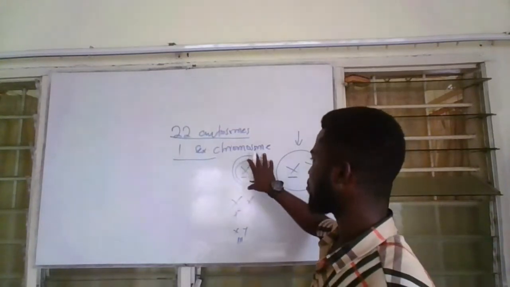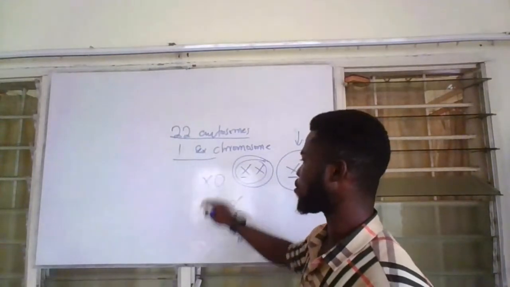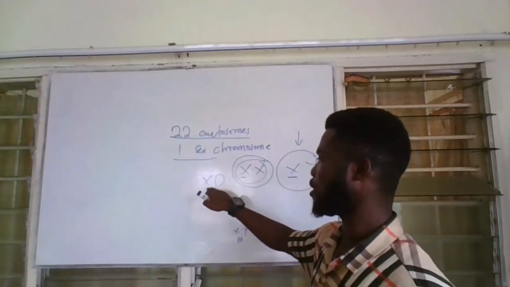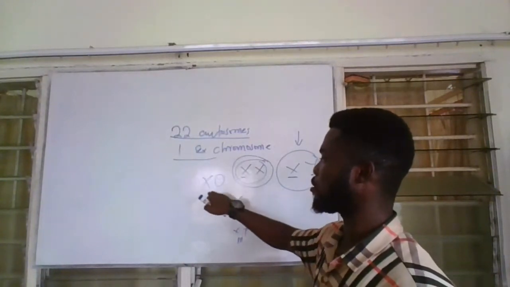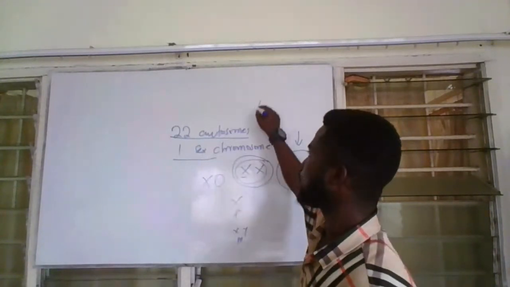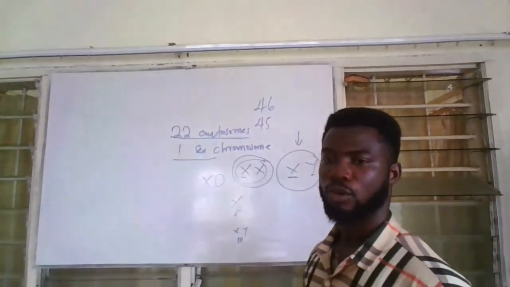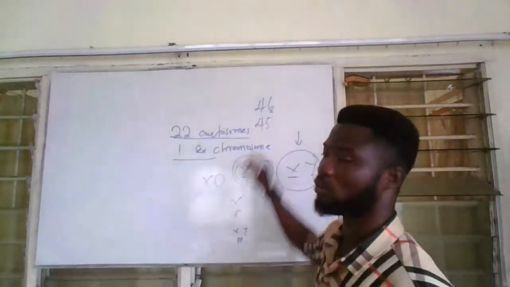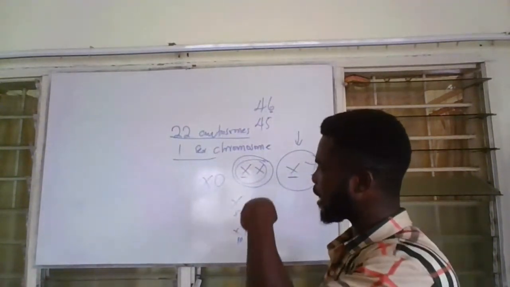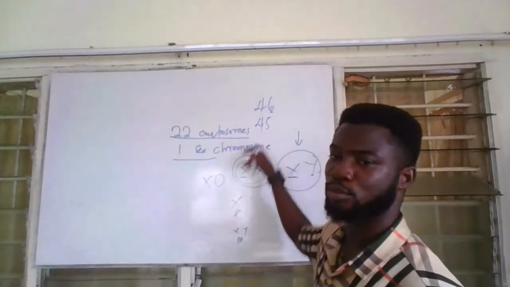If there's a disturbance in this, whereby there is no second X, so you have X and 0, then there is a problem. This person will be a female, but will have deficiencies in other things because they do not have a complete set. Instead of 46 chromosomes, the person has 45, which is not up to 46. So the DNA of the cell shows us that this is where hereditary structures take place.